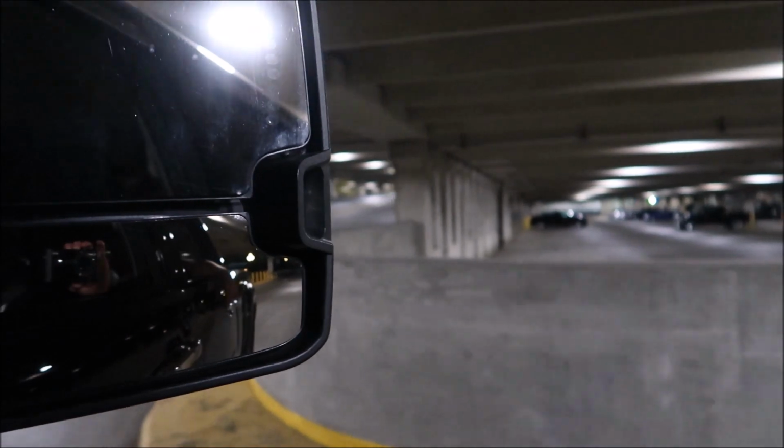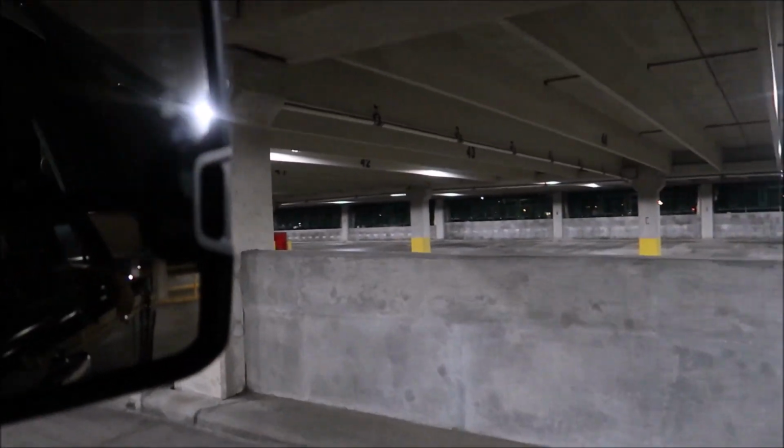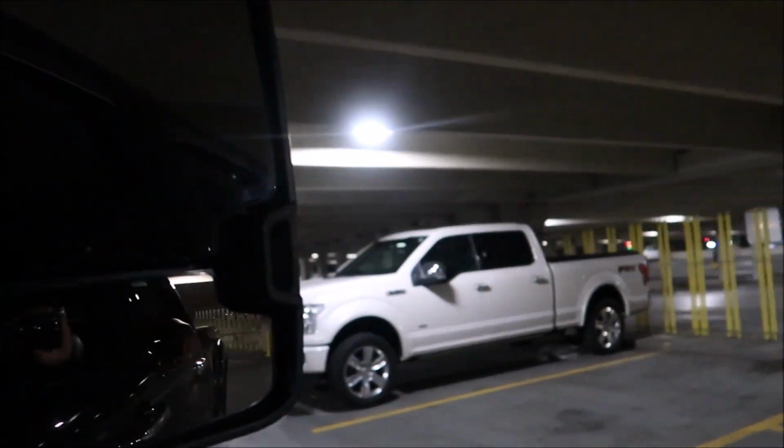That way if you get too high, it will. You can't tell me that everyone in this garage didn't hear that. Honestly, we can flip it